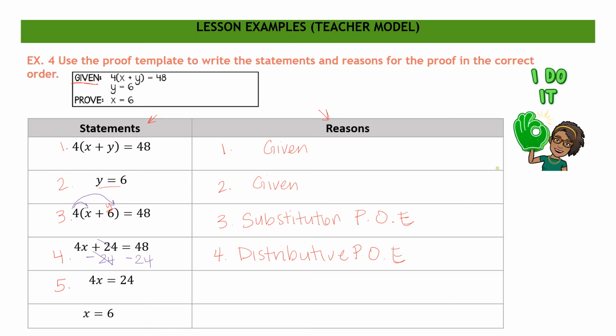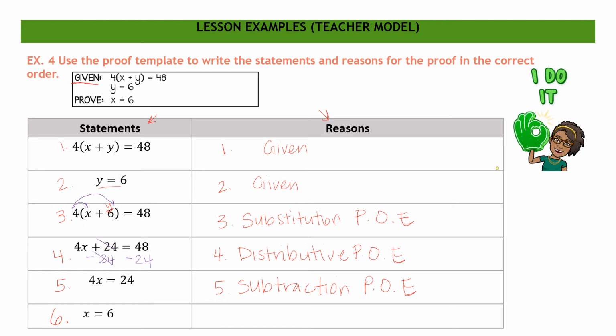So that means I use the, not 4, 5. Statement 5 is the subtraction property of equality. Okay, now I'm going to my last statement, and my last statement says that I have x